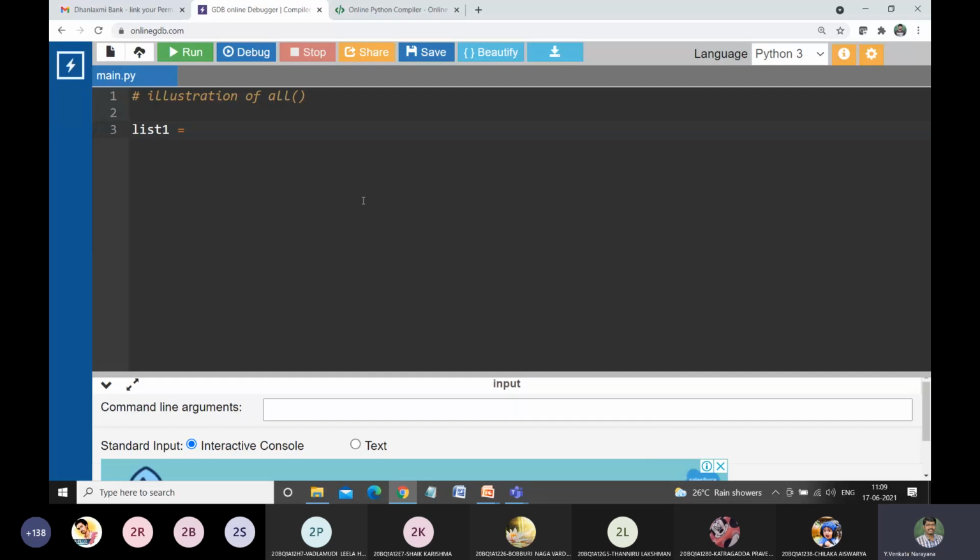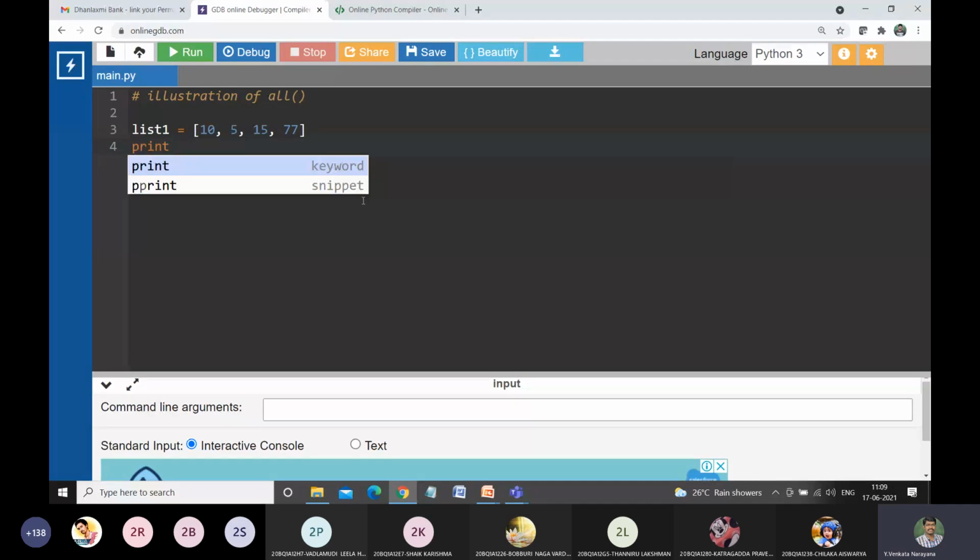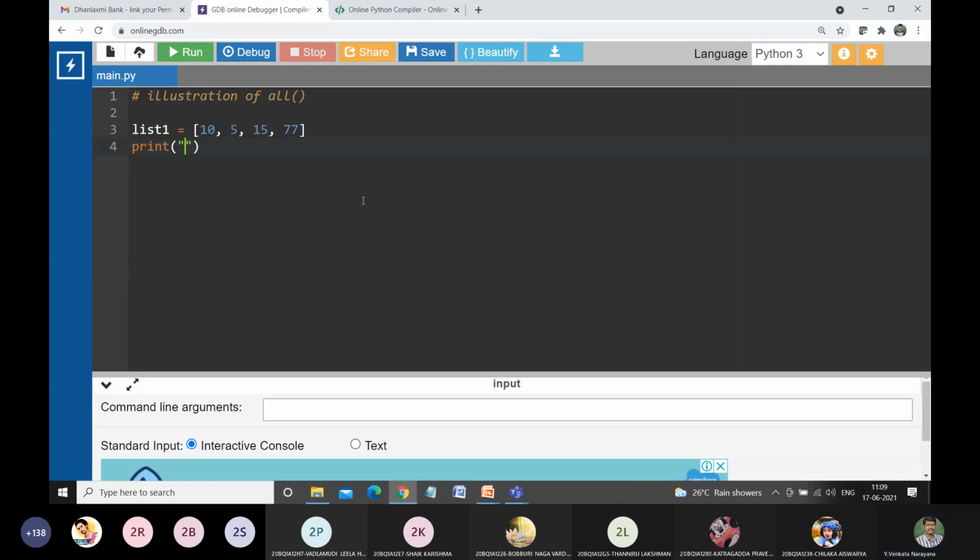Let us suppose the values are 10, 5, 15, some 77. In the above list1, all the elements are non-zero values, yes or no?